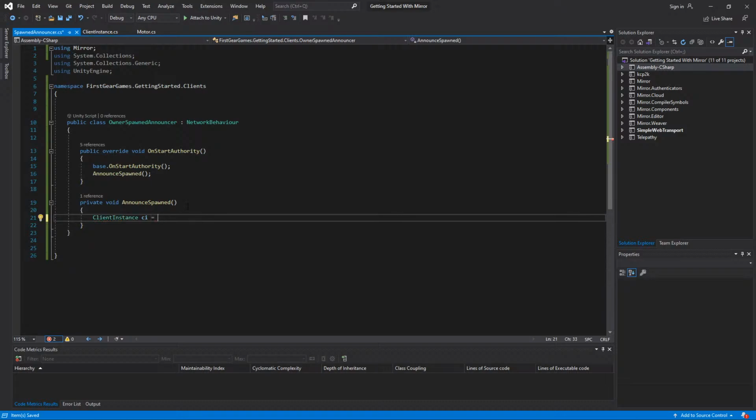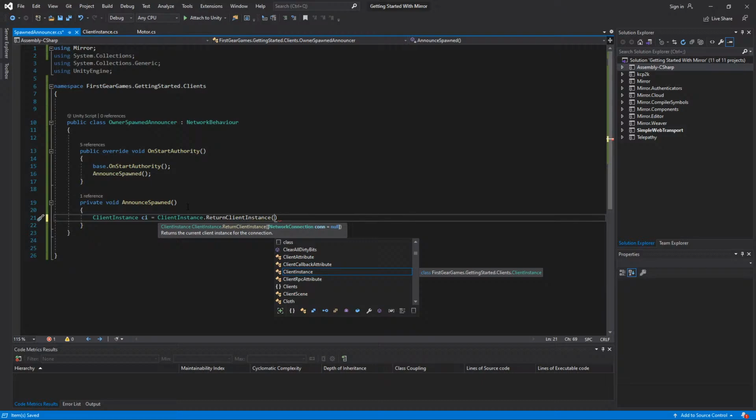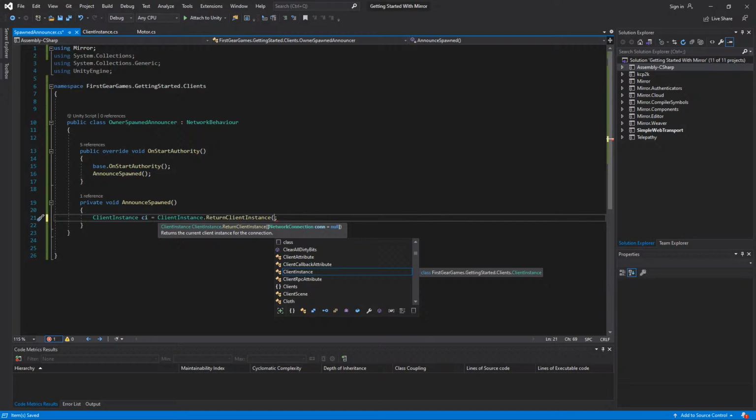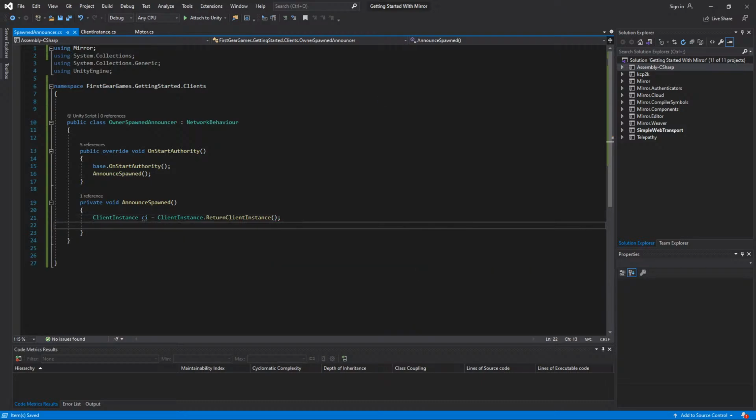CI equals client instance dot return client instance, and I'm not going to pass anything in because I don't have a connection to client, because this is called on the client. So it'd just be null, which, if you look, is the default connection. So I don't really have to pass anything in. And I'm just going to do